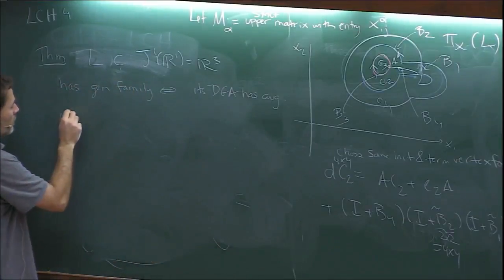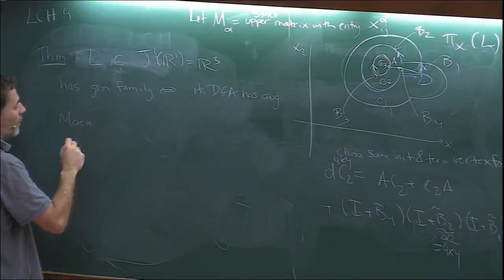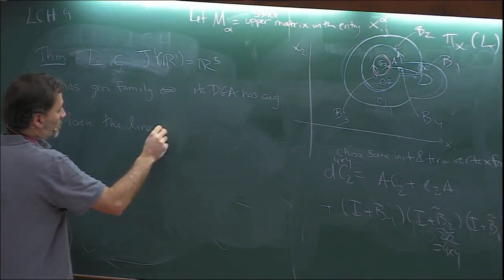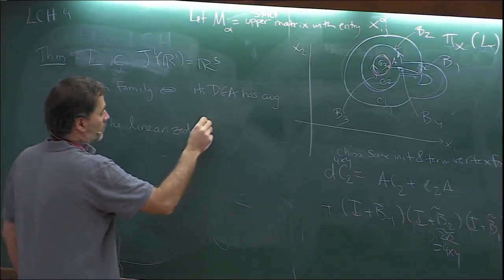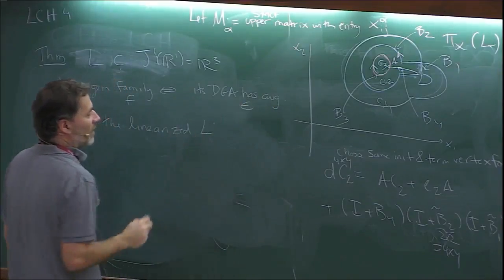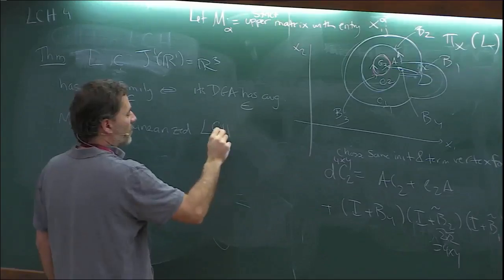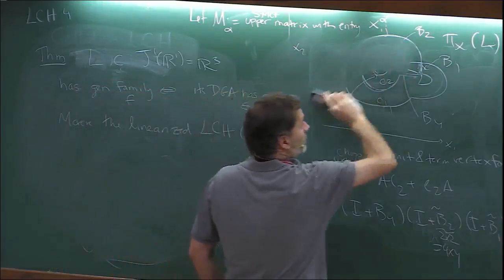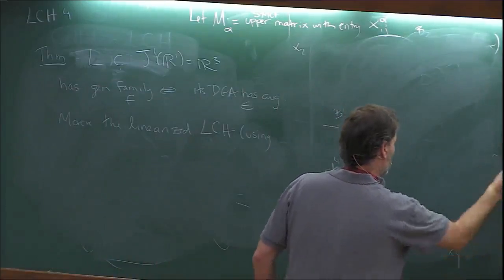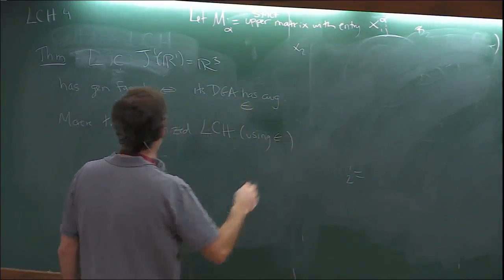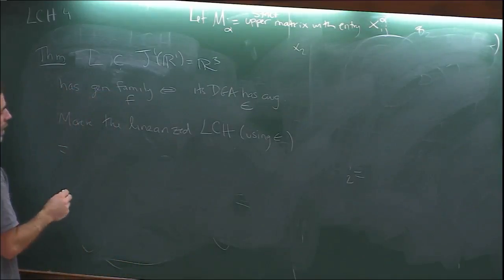And moreover, the linearized homology: for a generating family F with augmentation epsilon, the linearized LCH using this augmentation equals